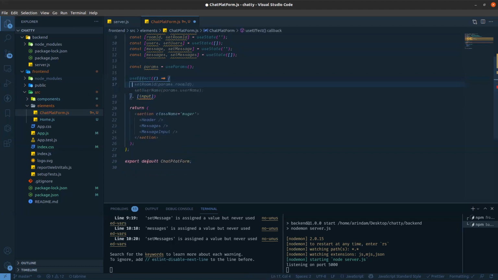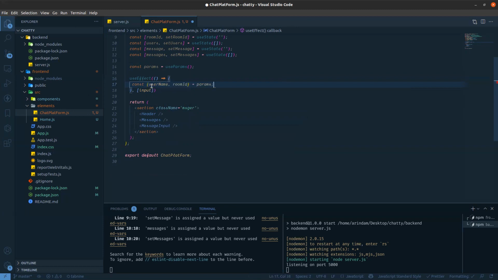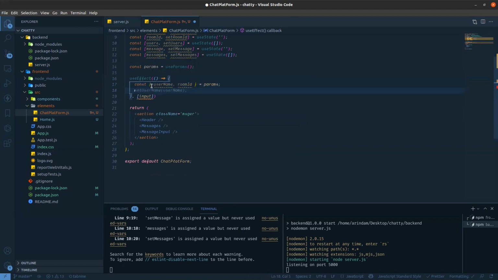First we will get the username and room ID from the parameters. Next, useEffect always runs the first time, so when the page has loaded, we try to connect the socket.